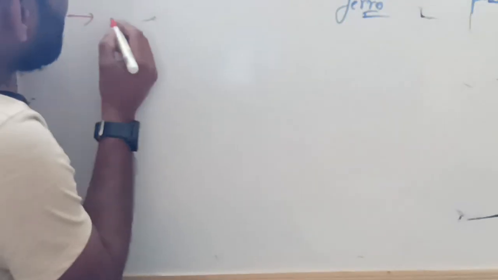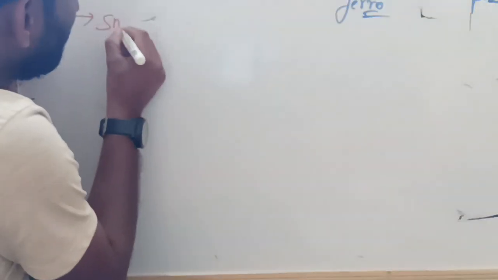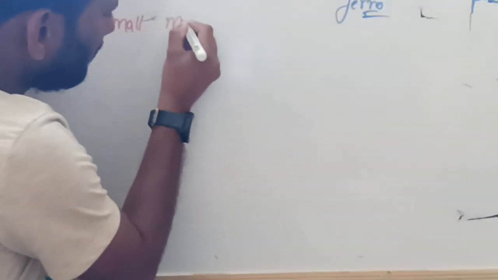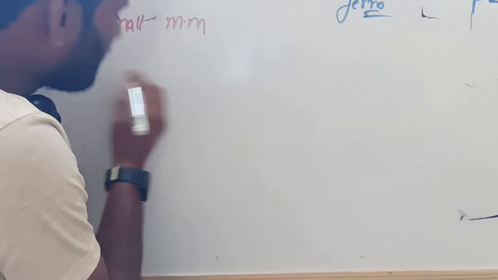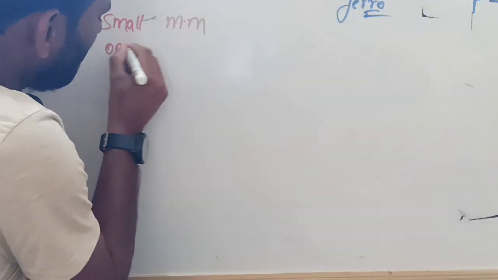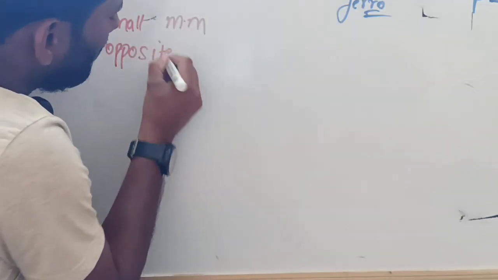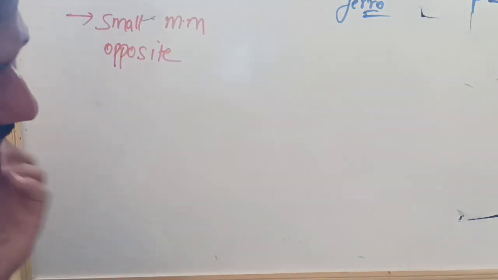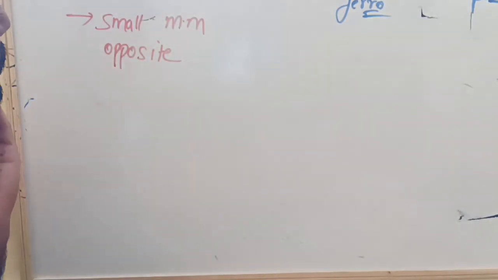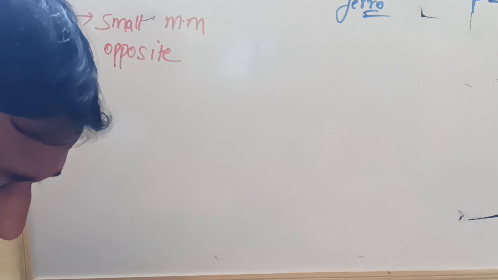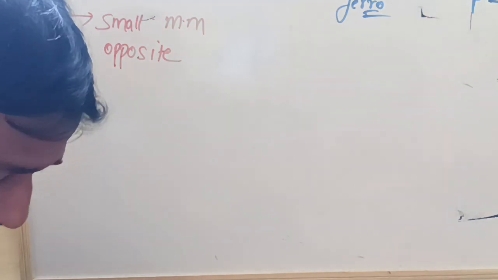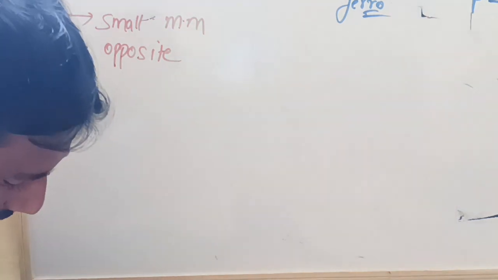In diamagnetic materials, they will acquire small magnetic moment in a direction opposite to the applied magnetic field. That is called diamagnetic materials. Next, ferromagnetic materials, in the same direction,